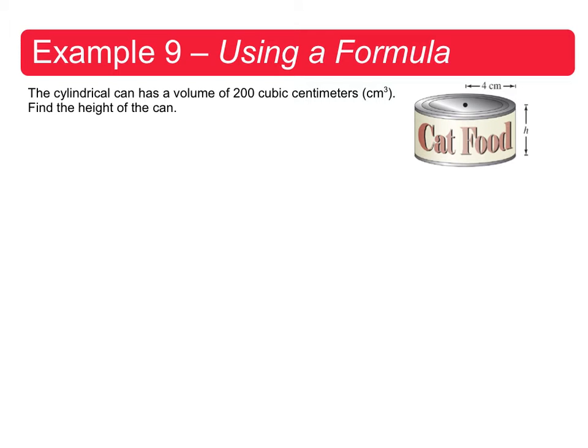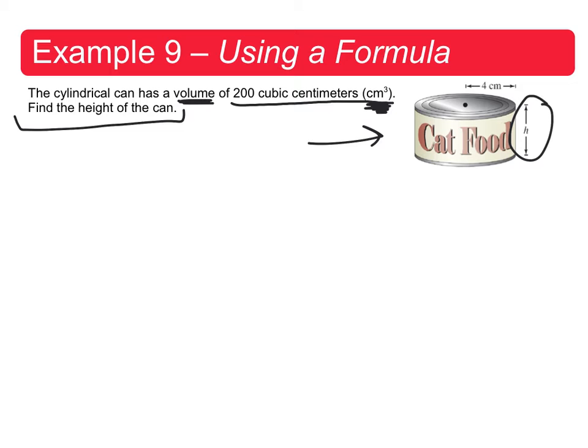The last example that we're going to cover together in notes is example 9 from the book, and it's using volume. So we're going to use our volume formula. A cylindrical can has a volume of 200 cubic centimeters, which is centimeters cubed. Find the height of the can, and we're given a picture to go off of. So we're given the height is h, that's what we want to find, and then we are given that looks like the radius is 4